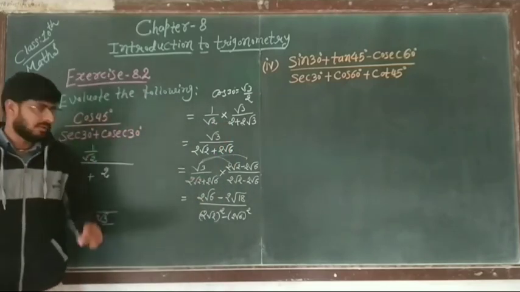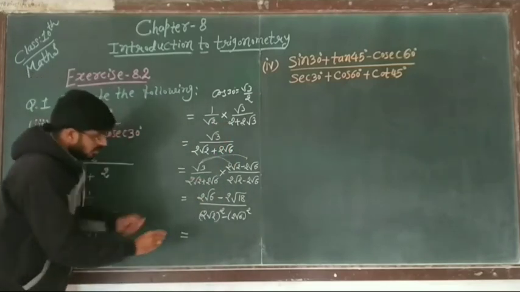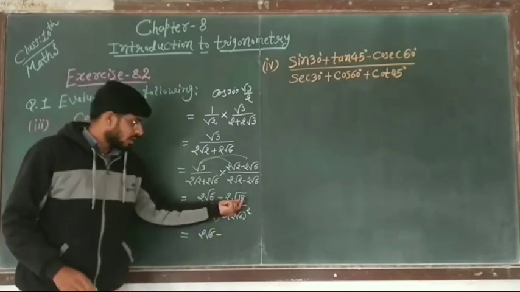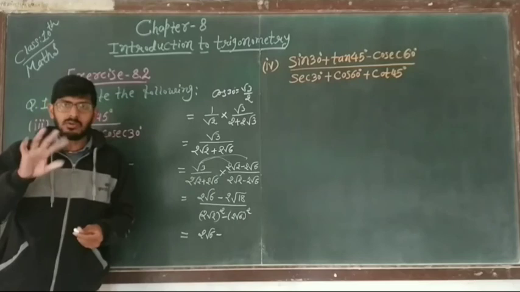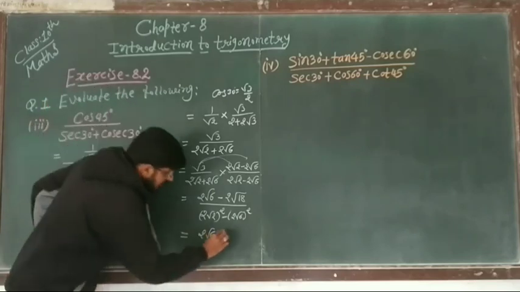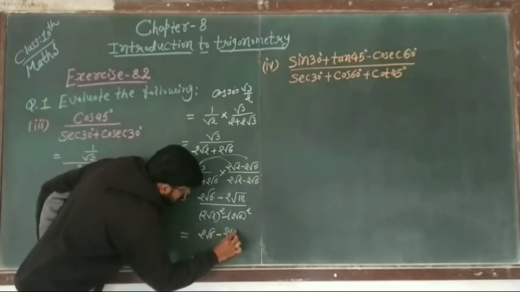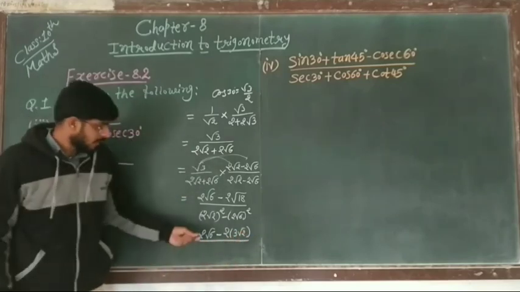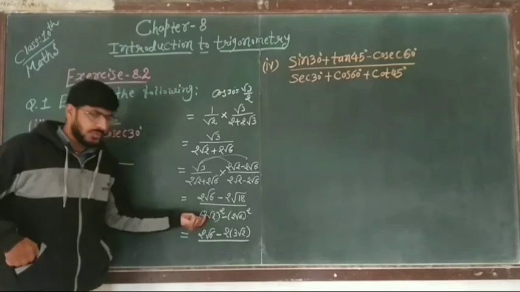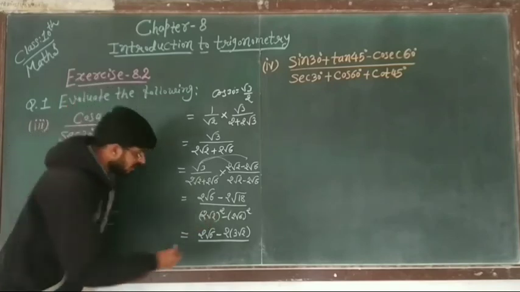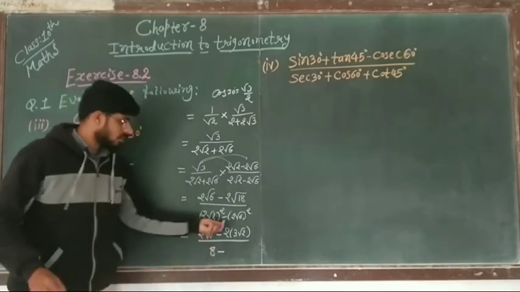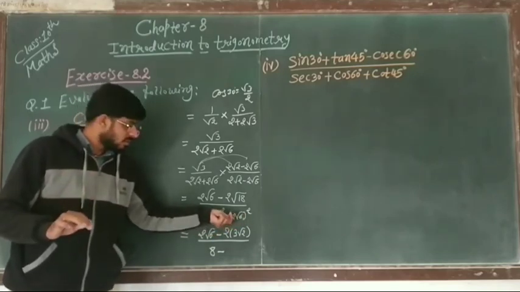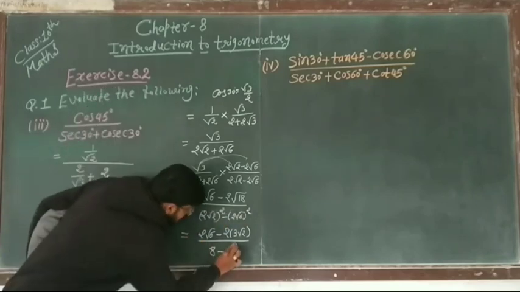a square minus b square is equal to 2 under root 6 as it is, minus, now we see, under root 18 will be 9 times 2, it means 3 root 2. So we can write 2 bracket 3 root 2 whole divided by 2 root 2 square, means 2 square 4, root 2 square 2, so 4 2s are 8, 8 minus 2 root 6 square, 2 square 4, root 6 square 6, so 6 4s are 24.